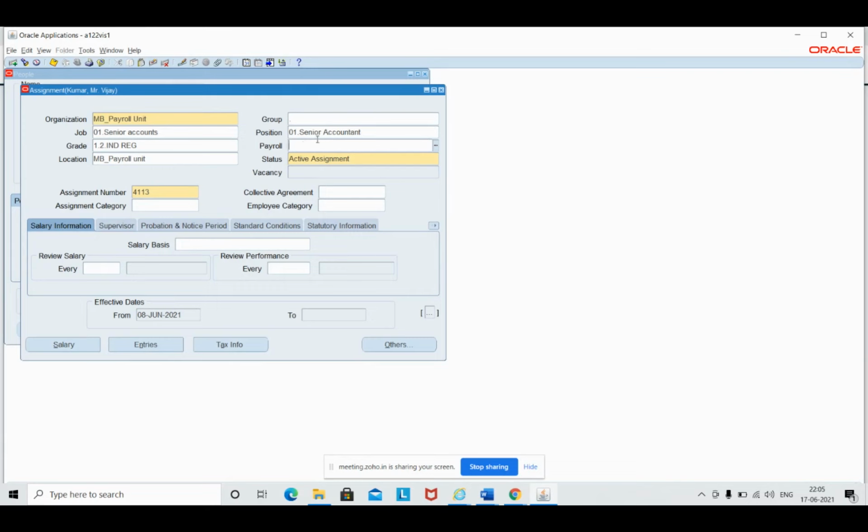You are saying the bank account. Can I use the existing account or I must create a new one? No, you can use the existing one also. Not an issue. Yes, bank account, you can use the existing one. As the bank account is not mandatory, you can simply say cash payment method, and you can see you can give only the flex field combination.